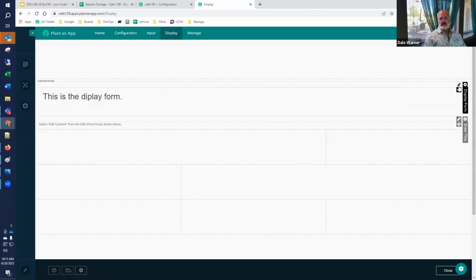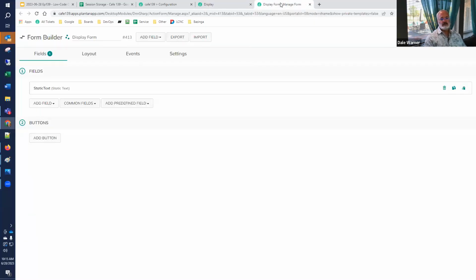meat of the thing. Of course, I made a misspelling, but that's okay. That's something we can fix. So when I'm working with forms, I like to use this manage button. And while you can use the manage form in full screen mode, what I like to use is, if you right click and say that you want this in a new tab, that gives us access to it kind of on a perpetual basis. We can just quickly make modifications. And so